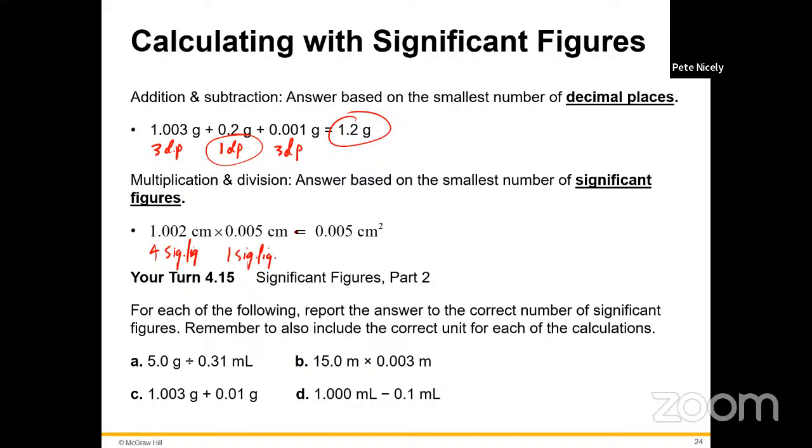So the question is, to what extent do you round off your final answer? You round off your final answer according to the lowest number of significant figures involved in the calculation. In this case, that means you have to round off to 1 significant digit, and therefore the answer becomes 0.005. If you were to do that on your calculator,